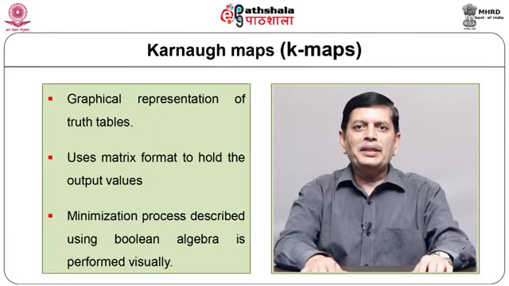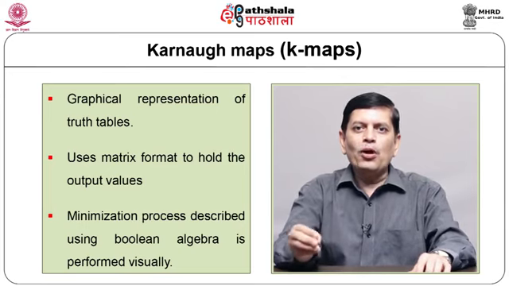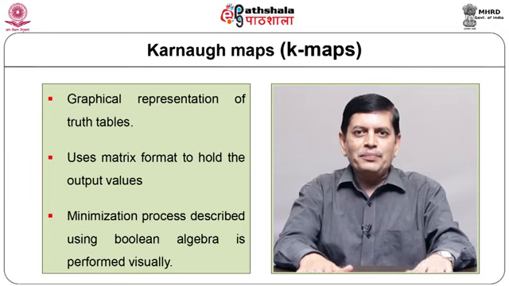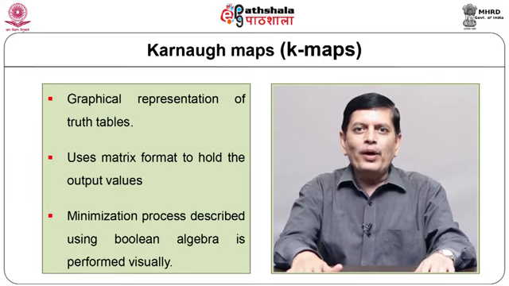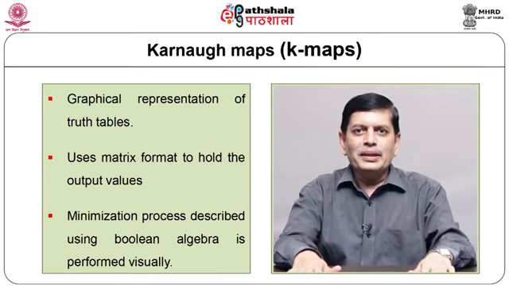After learning this simplification technique using Boolean algebra, wherein we have used simple laws and rules of Boolean algebra to reduce the number of terms as well as the number of logic gates, let us study a method wherein we will use a simple graphical technique to map the terms into a matrix form. This is a visualization method of simplifying Boolean expressions. We call this technique the Karnaugh map technique, or in short K-maps. Usually we prefer K-maps of 2, 3 and 4 variables. We do not extend beyond 4 variables.